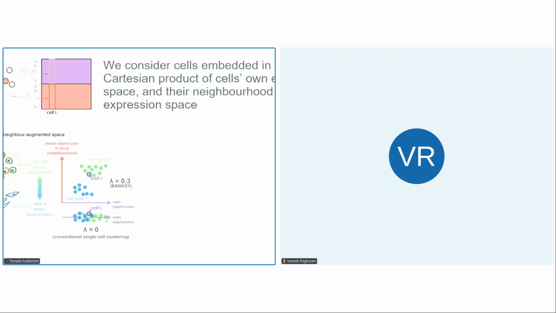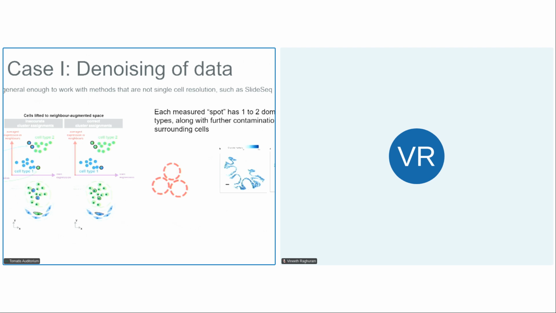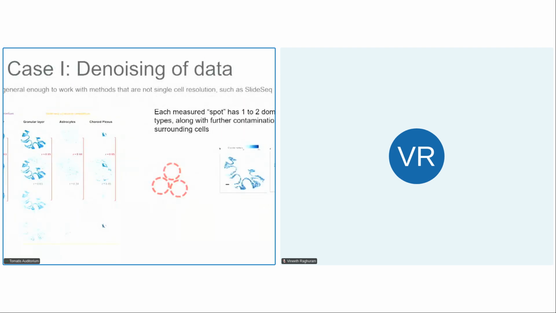That's what we call own expression space. Essentially, if you lift them to the product space of the own expression and neighborhood expression, you can separate those two cell types out much more. And that can be useful for things like denoising, for example, where let's say I've got two slightly different cell types that are close together in transcriptome space,